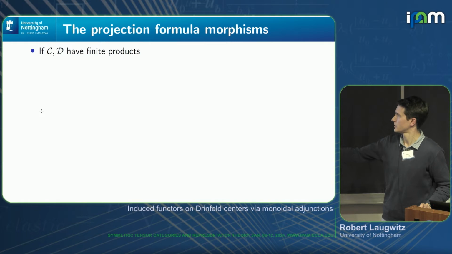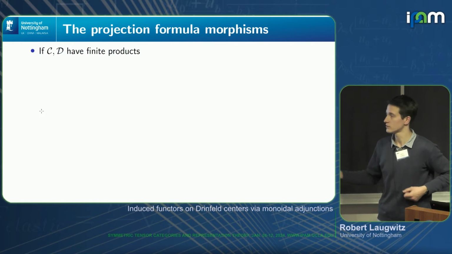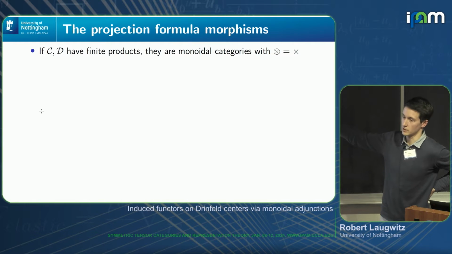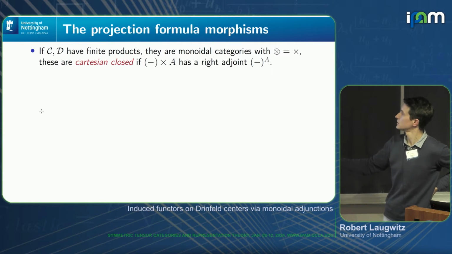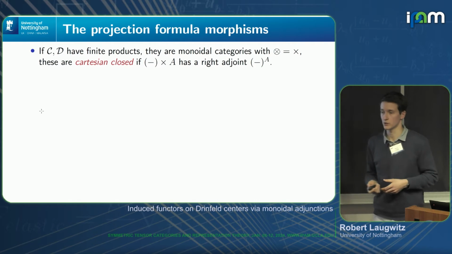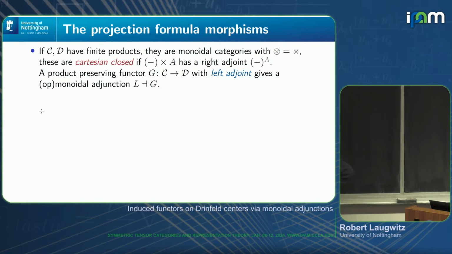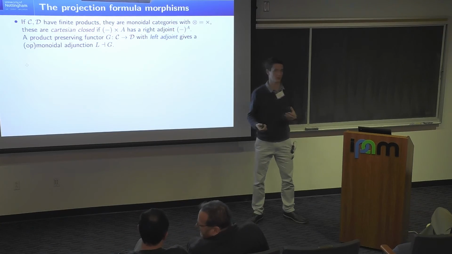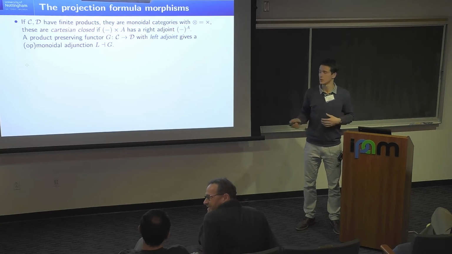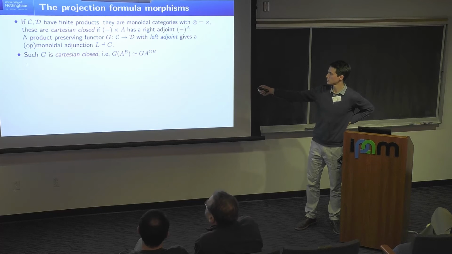Okay, so here's a bit more of an example that's a little bit out there because it doesn't use any linear structure. But we can have categories with finite products. We can make them monoidal categories with Cartesian product. And we say they're Cartesian closed if taking the product with A has a right adjoint, something like an internal Hom object. And a functor that preserves such products and has a left adjoint can be used to build an op-monoidal adjunction. Here that means G is the strong monoidal functor and the left adjoint is only op-lax monoidal. So this is a type of situation one can consider, and now we can call such a functor G Cartesian closed